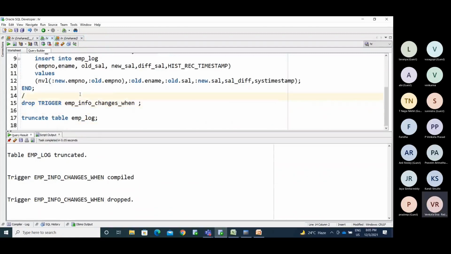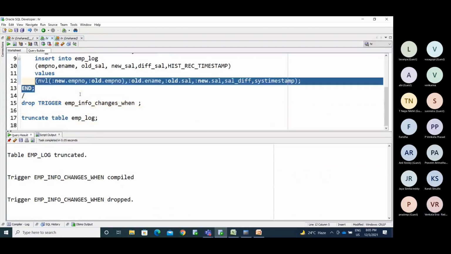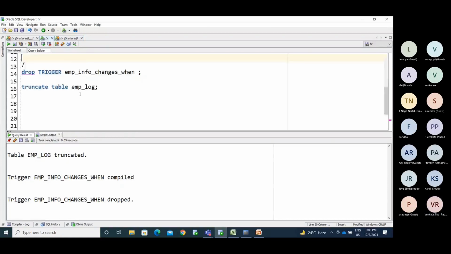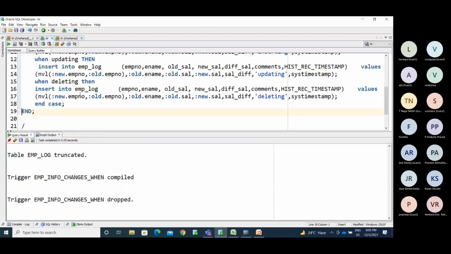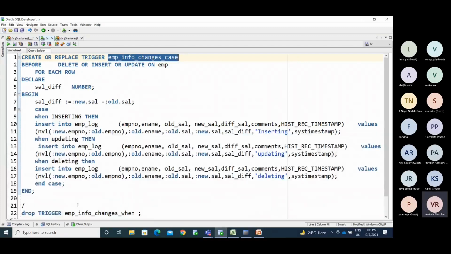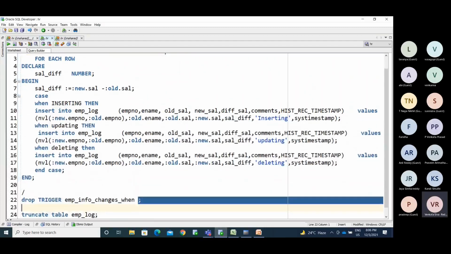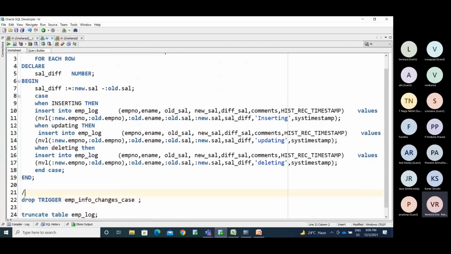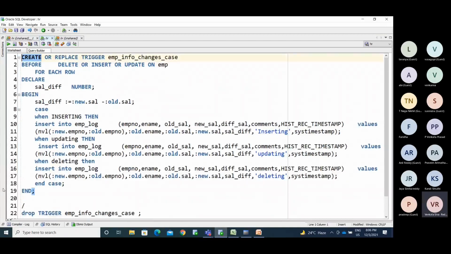Okay, so EMP info changes with the case statement. I'm doing the same thing, the same statement, and I'm putting some additional statement as a case.